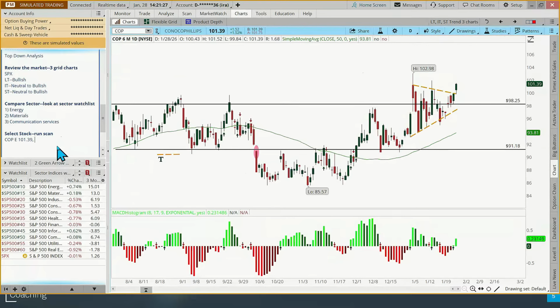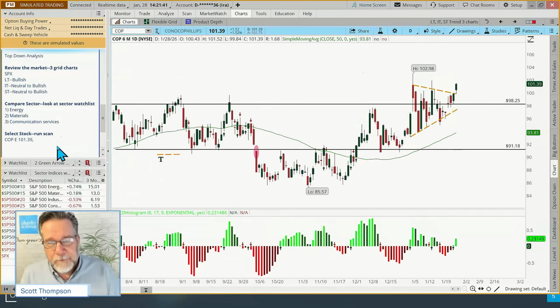Now, where do we set the stop? Those of you that have been here in the class for a long time, if you're brand new, you may not know the answer to this, but where's that initial stop go based on the rules that we went over in lesson 4 several weeks ago? Yeah, we just put the initial stop 1% below the moving average.